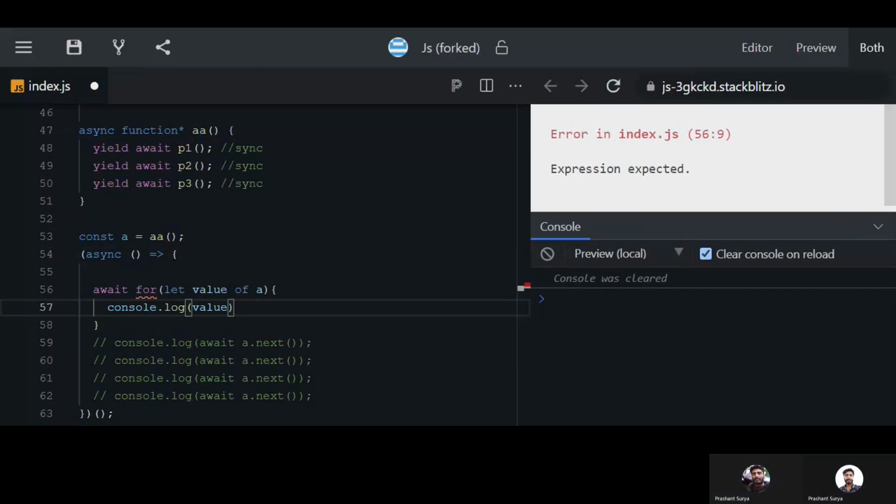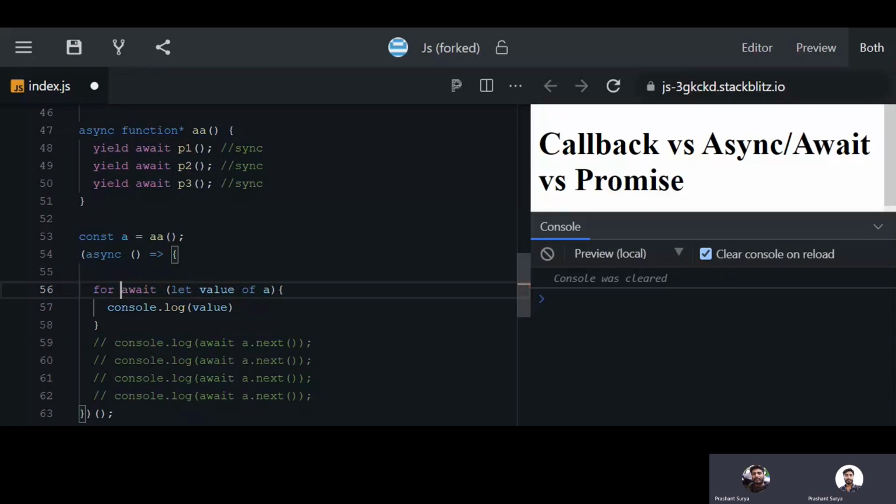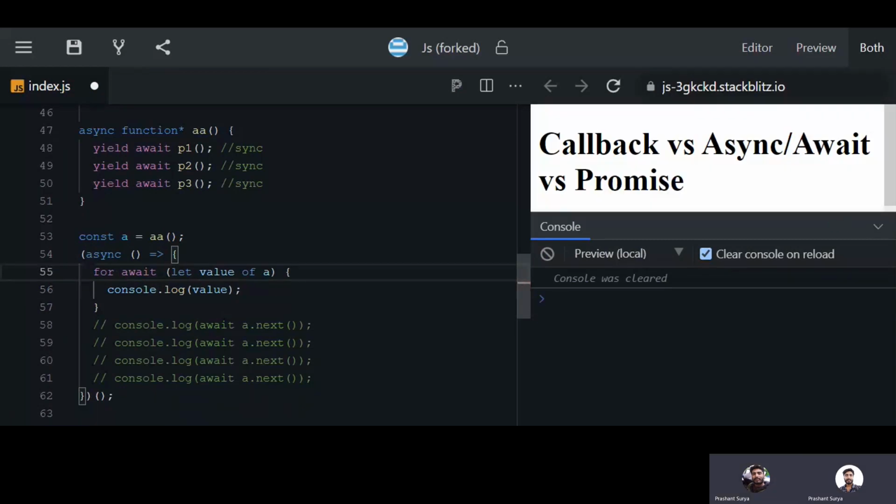So we will create a for loop, sorry, we have to write after that. Okay, so what will you be getting? You are getting P1, P2 and P3 as response in series. Okay,